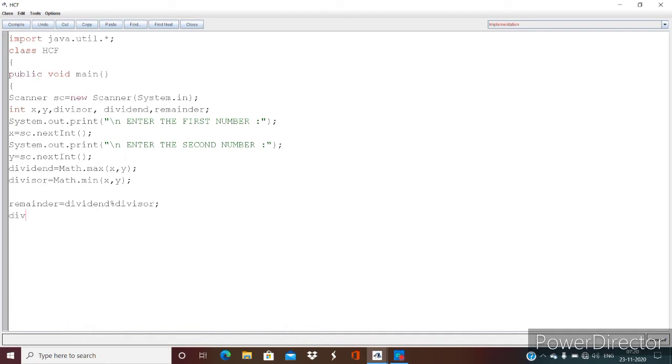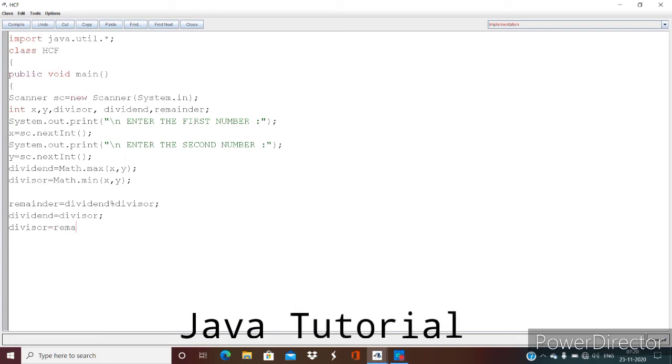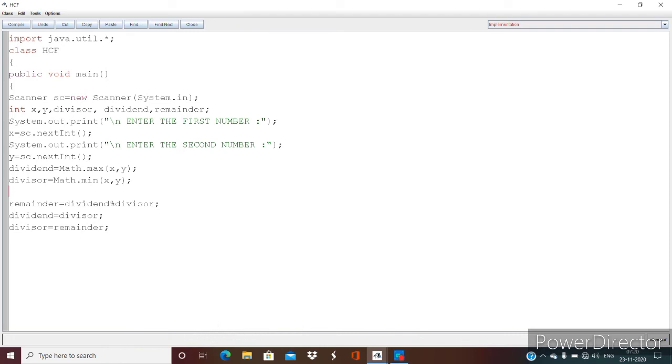That is, dividend is equal to the last divisor, and the remainder becomes the divisor. So divisor is equal to remainder.